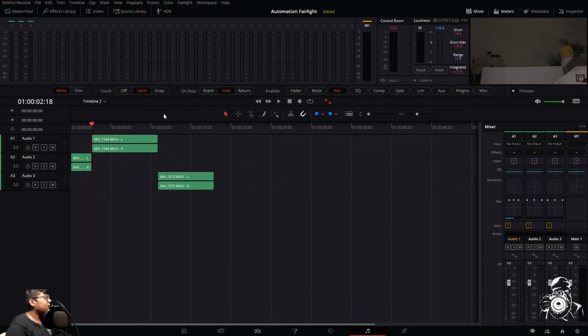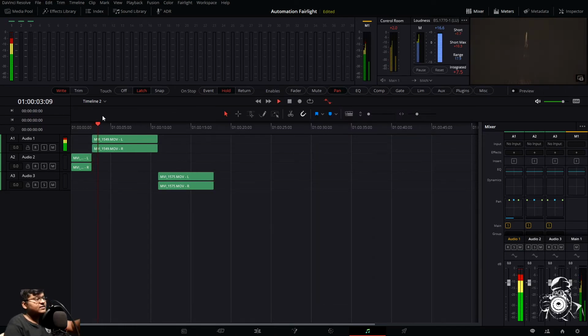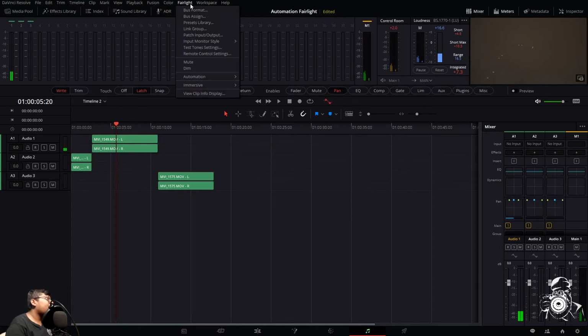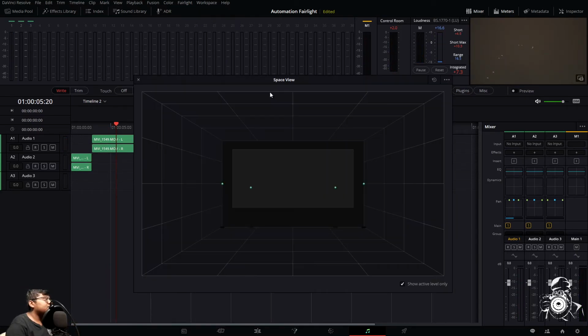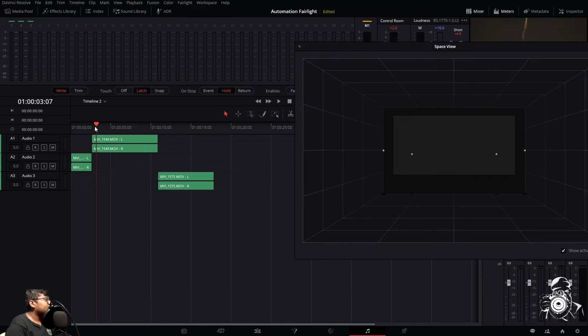For this clip you can see here, if it's not visible over here, then we can have the immersive space view scope. See over here, see how it will move.